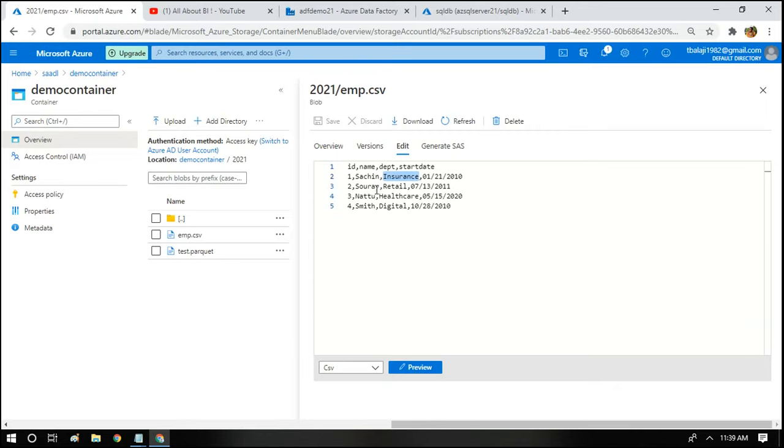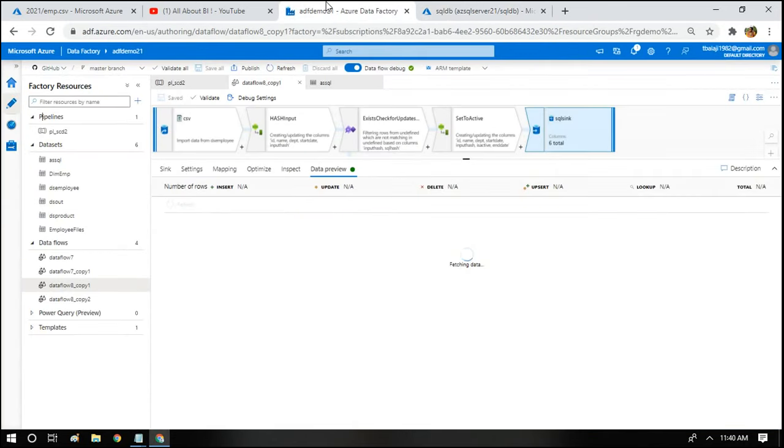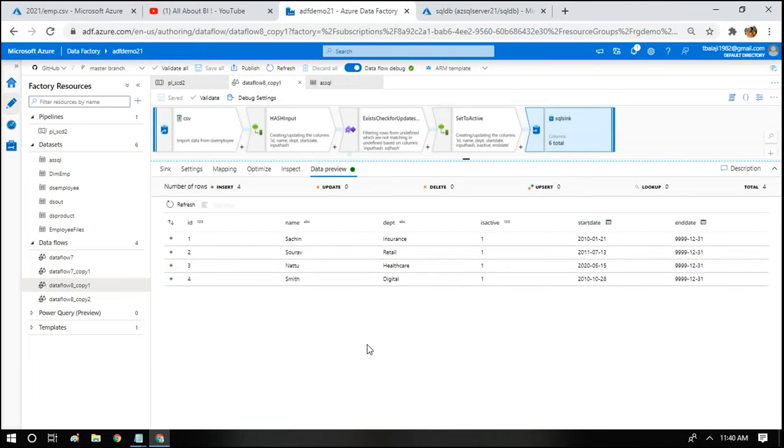These 4 records are new because we don't have any records in the table at all. So in my preview I should be seeing 4 active records. Let's wait for the data preview to come. Okay, as expected we have 4 records of Sachin, Saurav, Nattu and Smith. All are active because the value is 1 and the end date is 31st December 9999.